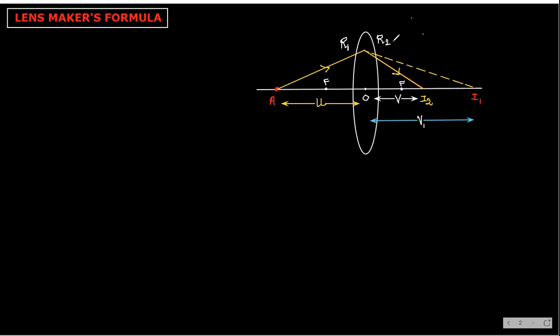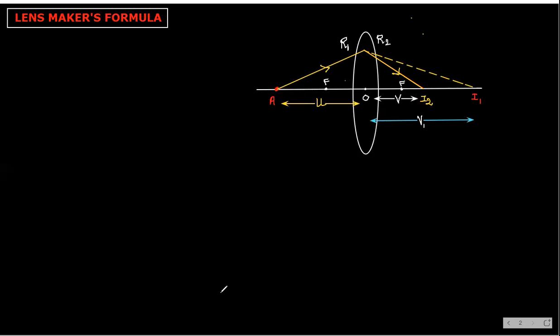Any doubt till here? Please ask. Yes, any doubt? Why is this I1 coming? Because of this curved surface. And this I1 is somewhere inside the lens, right or wrong? So I am denoting I1, and then this I1 is behaving as an object for this curved part, and because of this you will get another image, that is I2, at this point, and this is the final image, and it is at distance phi from the optical center. Okay, right.